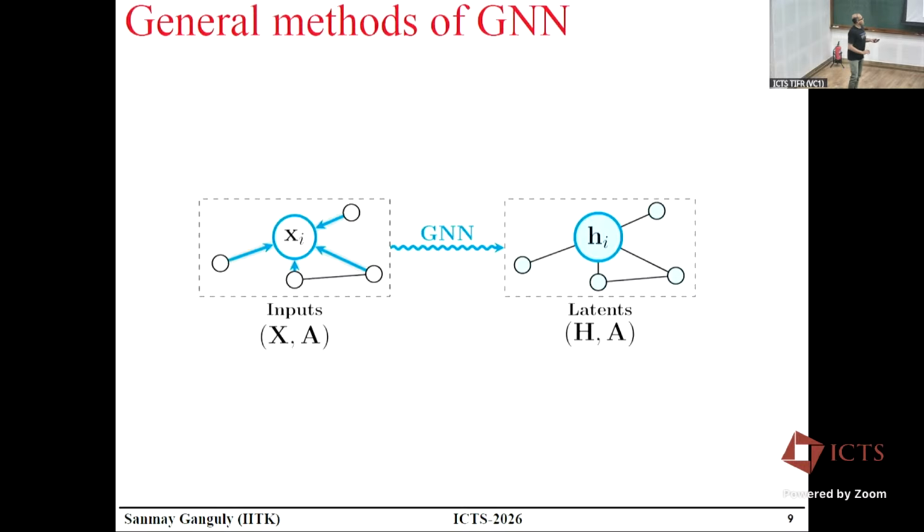Now, I will just tell you in 2-3 slides about the core structure of a graph neural network, because graph neural networks are the most widely used neural networks currently in the domain of particle physics. So it's not a bad idea to at least learn and get a feel of it. Oh, you have a question, yeah.